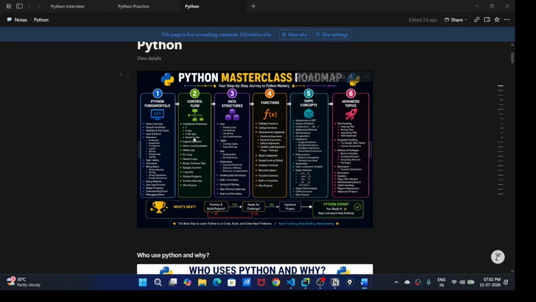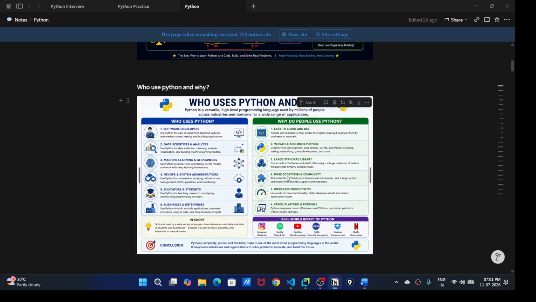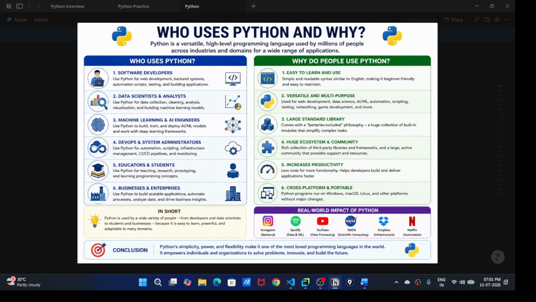It's a very common question in everyone's mind: why am I supposed to learn Python? If I learn Python, what things can I do in terms of my job, whether you're a student or working? Python is one of the languages that, regardless of whether you have a tech or non-tech background, everyone can use because the syntax is very easy. So now the big question is: who uses Python and why use Python?